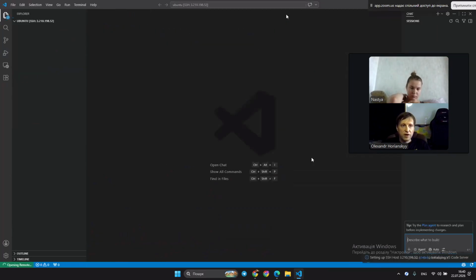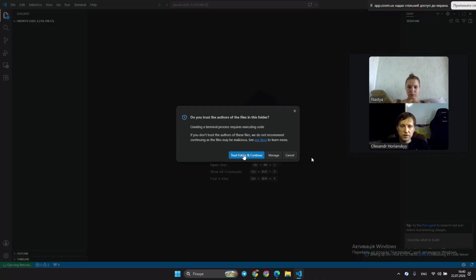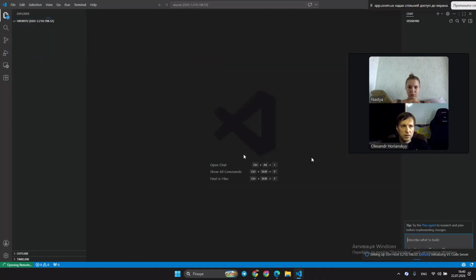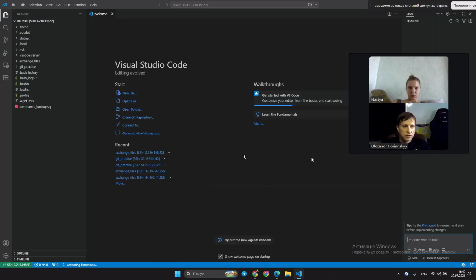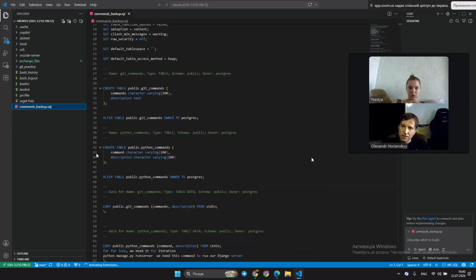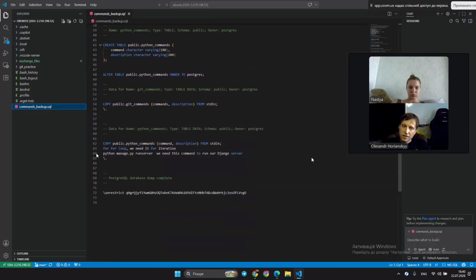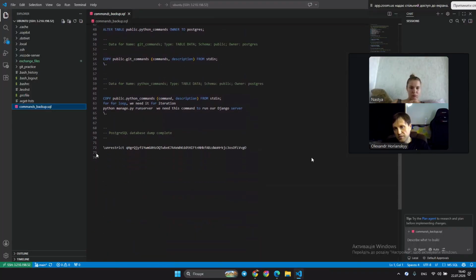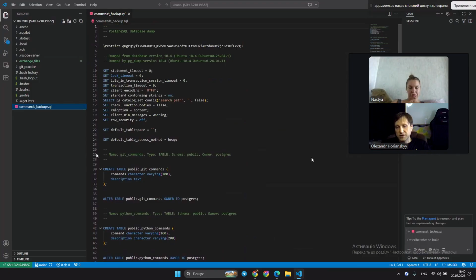And now, was this file created? See, commands backup SQL. See, it was created. We just made a copy of your database. And now we are not afraid